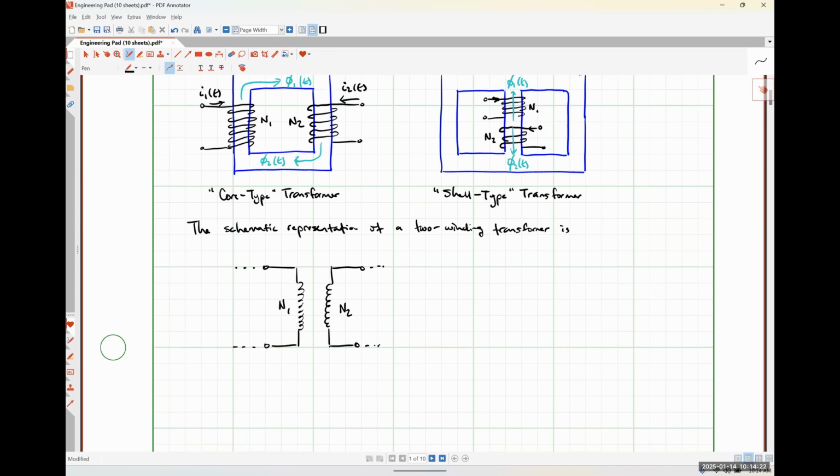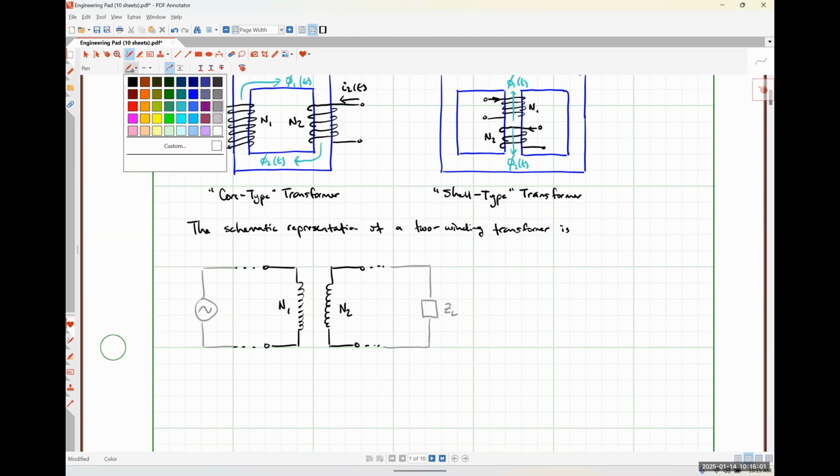Okay. So typically speaking, one winding is connected to an AC supply and the other is connected to an electrical load. So I'm going to kind of draw those things in here. I'm going to do them in, I guess, a gray color. So if this is our AC source, and then over on this side is some load impedance ZL, then typically we would call N1 to be our